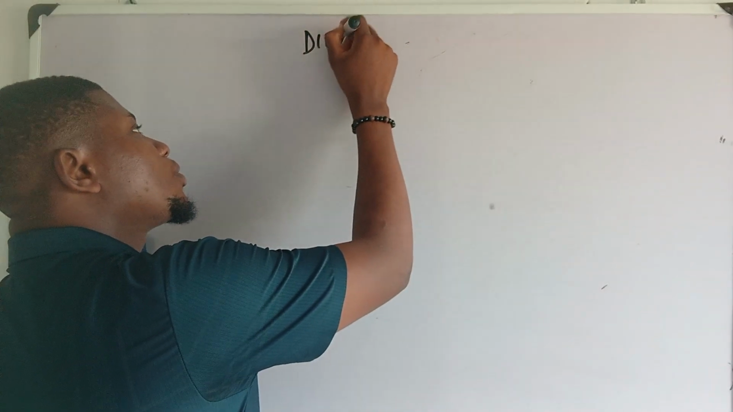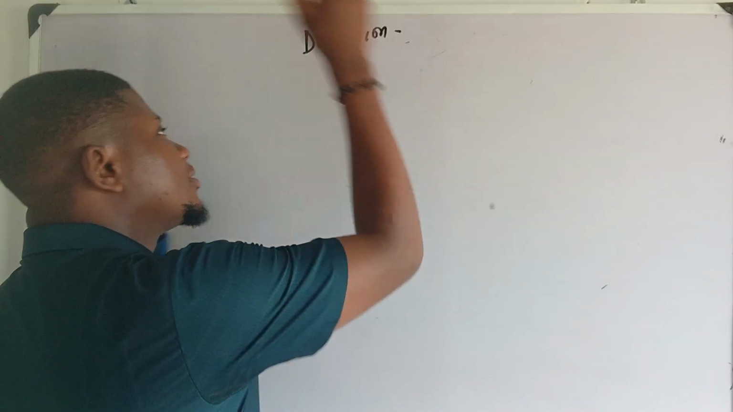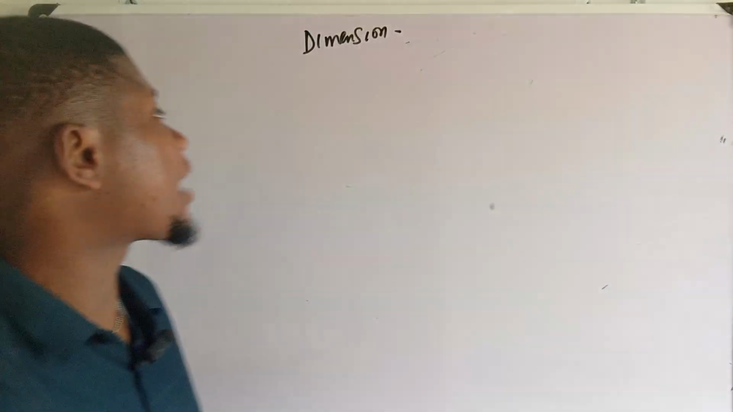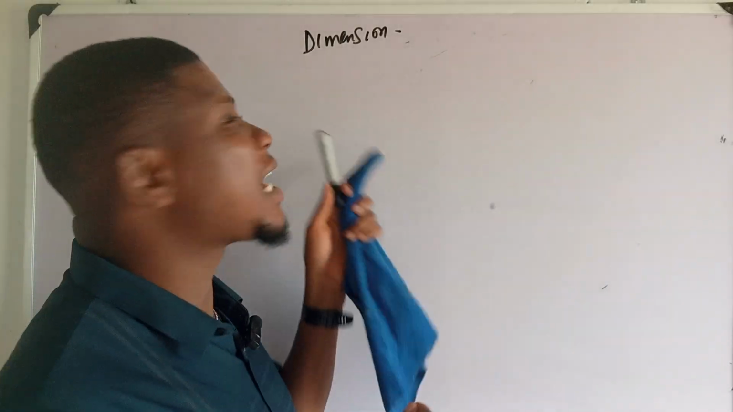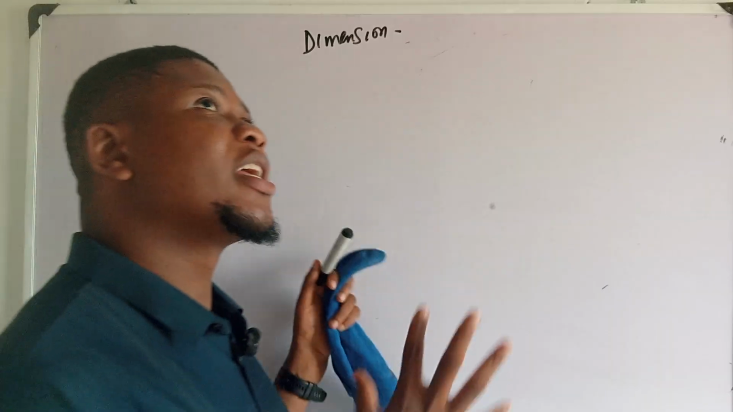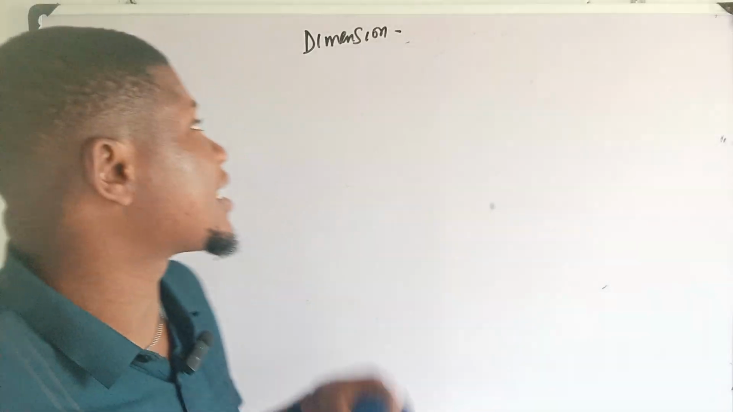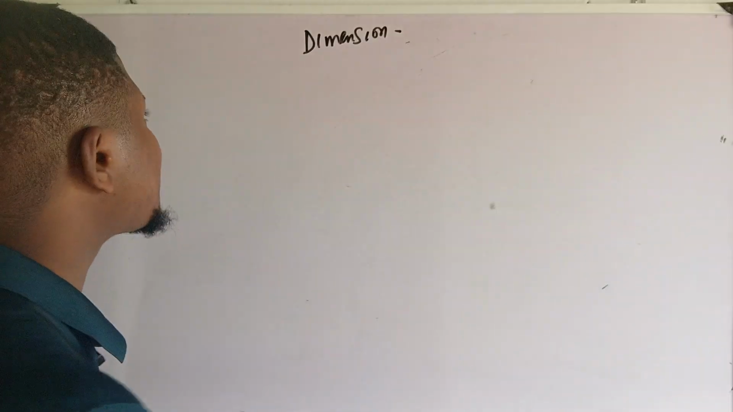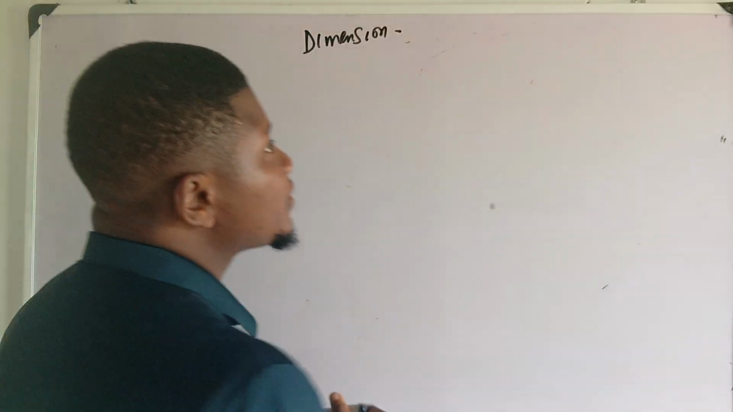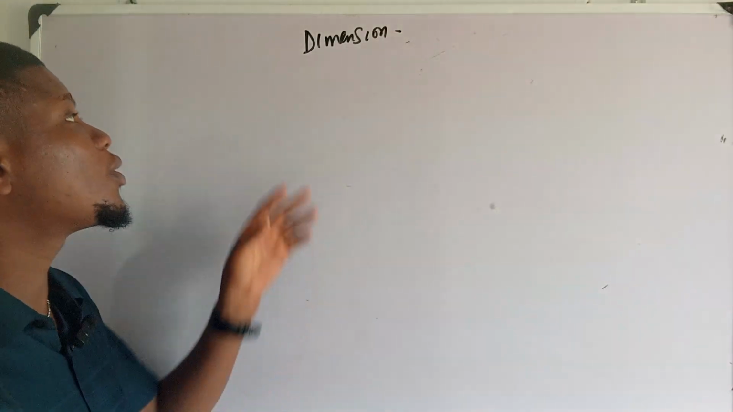The second topic I want us to look at is dimension. So this is the dimension of derived quantities. From this, you now know some examples of derived quantities and their units. If you come to derived quantities, the first thing I want you to know in dimension is